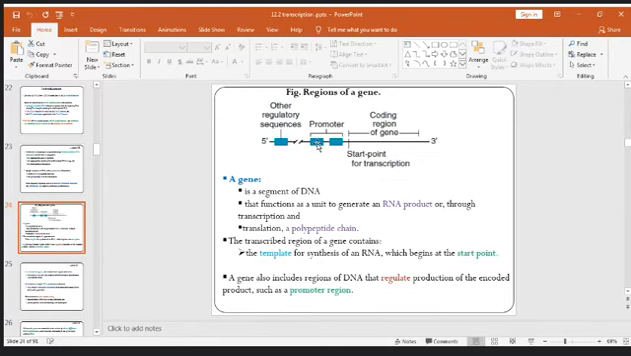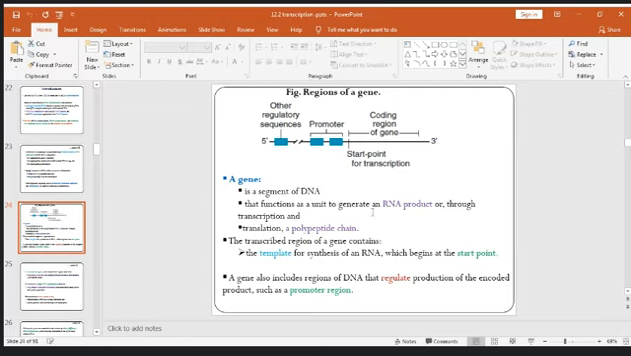You can see here there are two boxes acting as a promoter region, and the regulatory sequences are found on the 5 prime region, at the back of the promoter region. Now a gene is a segment of DNA that contains nucleotide sequences that function as a